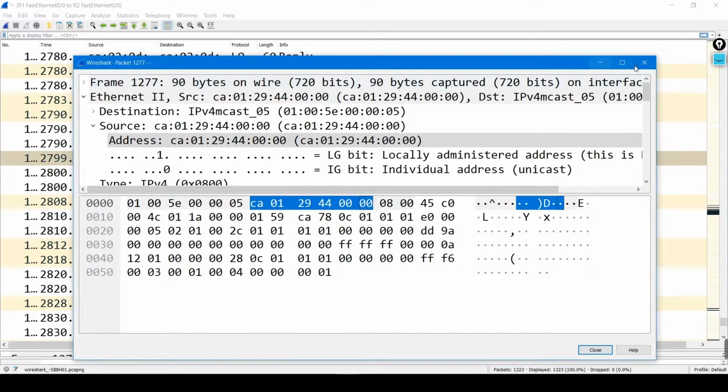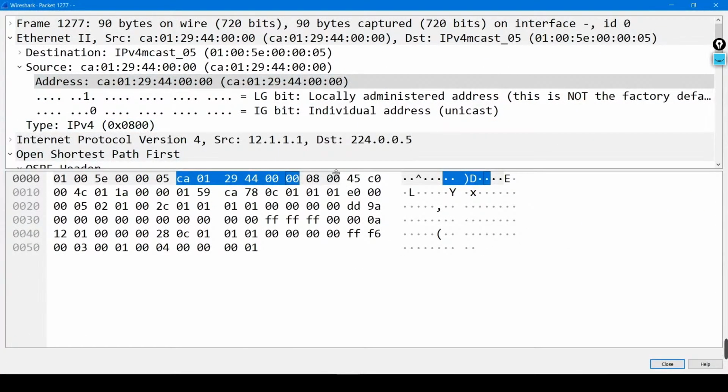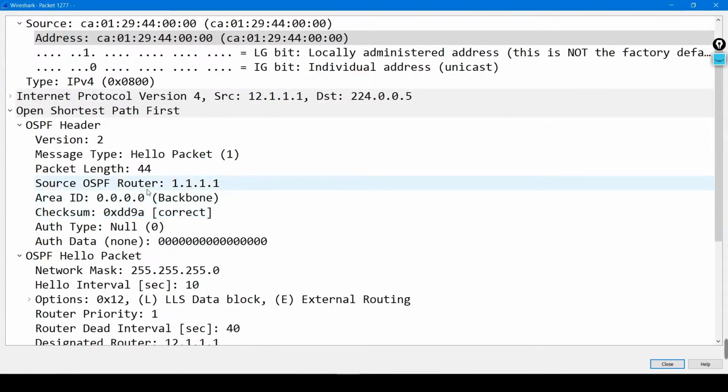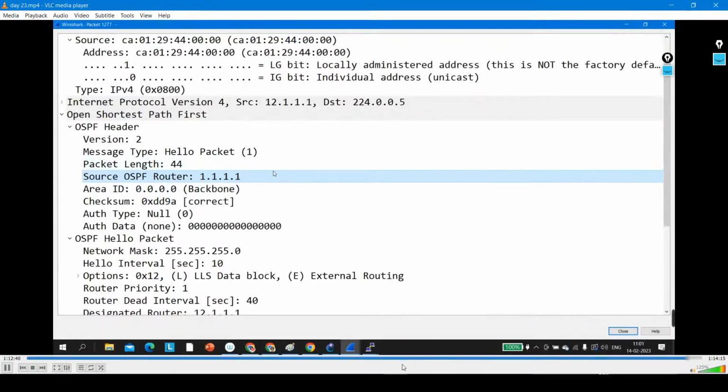I just want to see, is it sharing its own router ID in this packet? Yes, definitely it will send its own router ID, but it is not sending its neighbor router ID, because it does not know its neighbor. But when the second router is receiving this first packet, it is able to see the